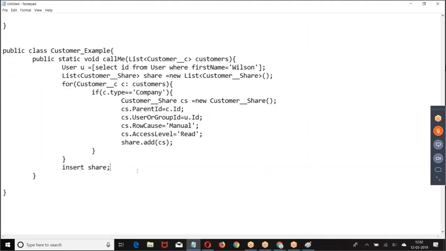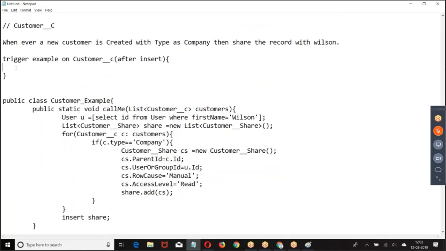Done with this. You call the trigger within the example here. This is how I'm going to bring customer example dot call me trigger. I hope you're good with this.